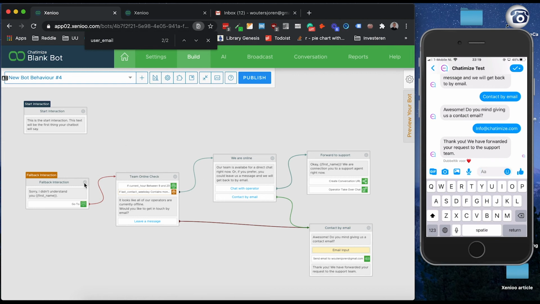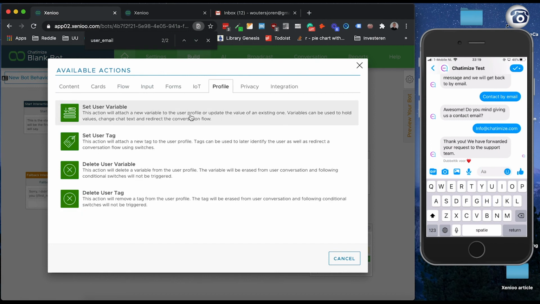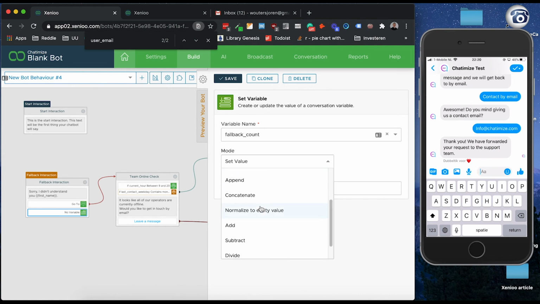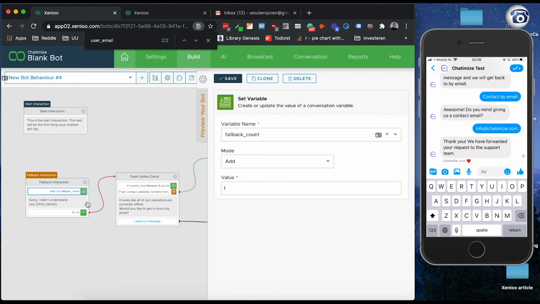So what we do, every time the fallback interaction is triggered, we can add a new action, which will be profile, I think, profile, and then set user variable, and we can add a user variable named fallback count. Yes, so every time the fallback is triggered, the fallback count will be increased by adding 1. And then we'll hit save. Okay, you need to drag this above because you need to do it at the beginning. Then we'll add a condition,